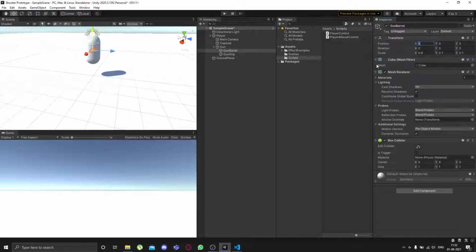Oh wait, which is our forward direction here? I think it's z. Let's keep it like 4 in front, and yep, z direction is in our front. So okay,